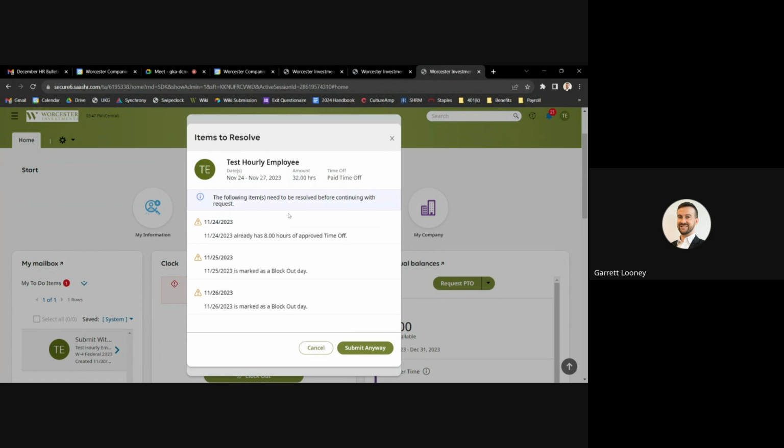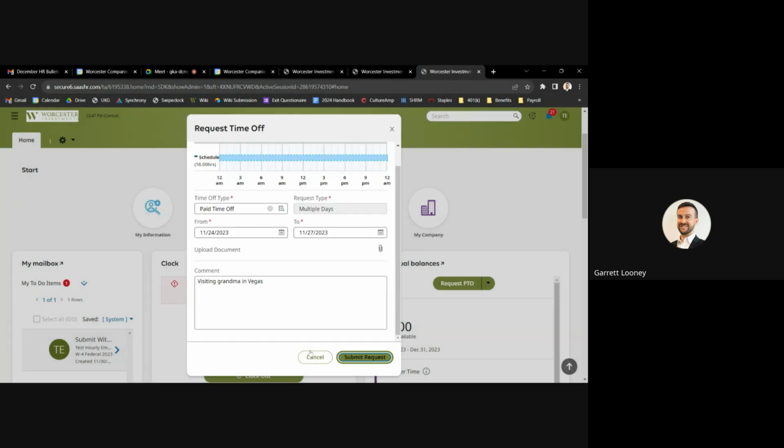You're going to see this error. The error says that the 25th and the 26th are blockout days. What that means is that the system is flagging that it's a weekend. If you submit anyway, it will account for those 2 days, and it will put in 16 hours between Saturday and Sunday. The system isn't intelligent enough to know that your employee may or may not be scheduled Saturday and Sunday. So if you get this flag, you cancel, and what you'll want to do is just X